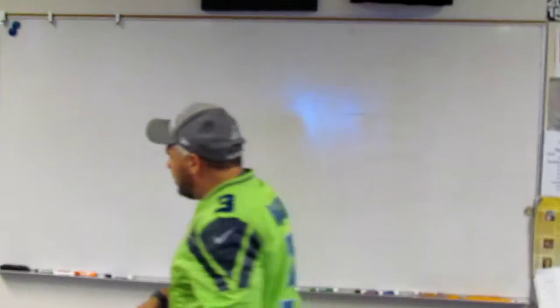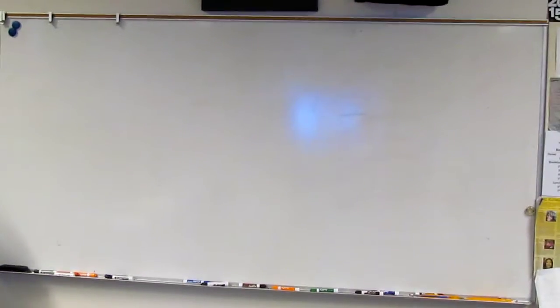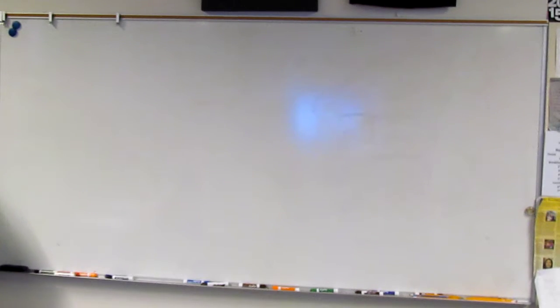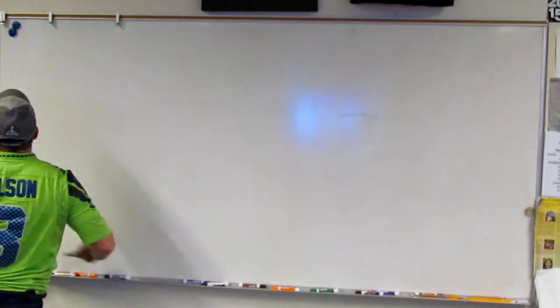Alright, here we go. We did 13, 14, right? So let's look at 15. 15 says, if 8 ounces of cereal costs $2.99,